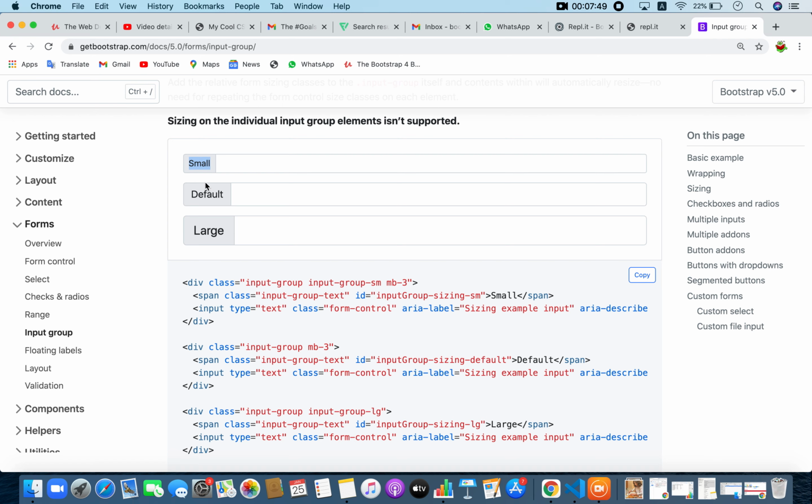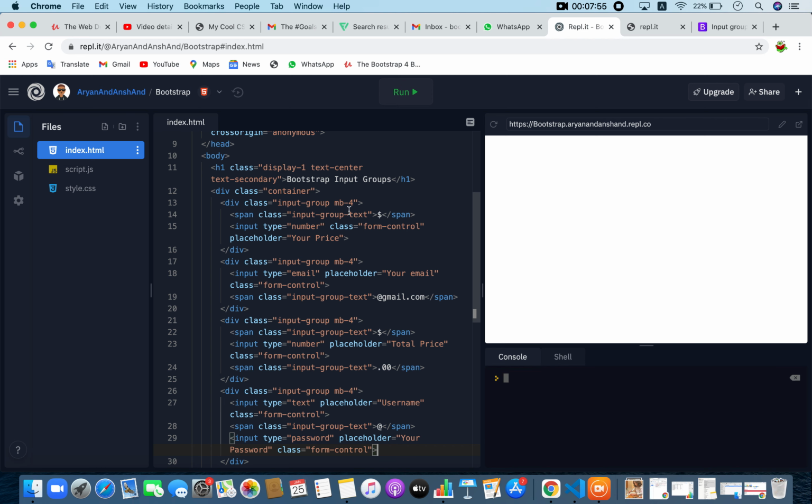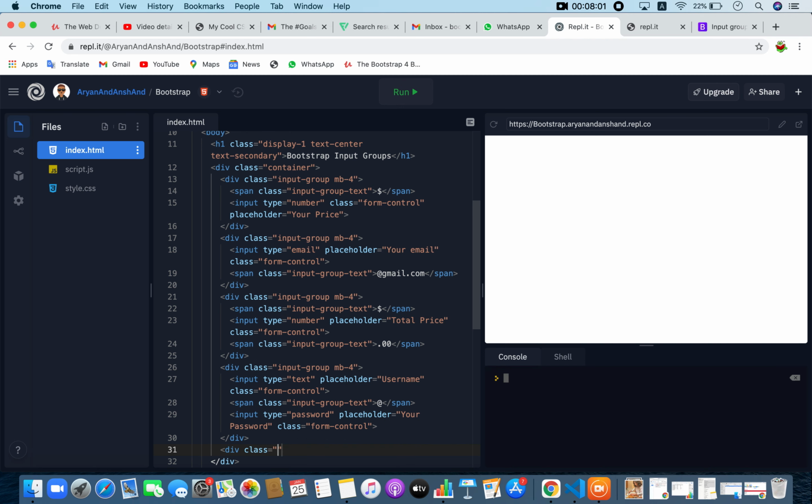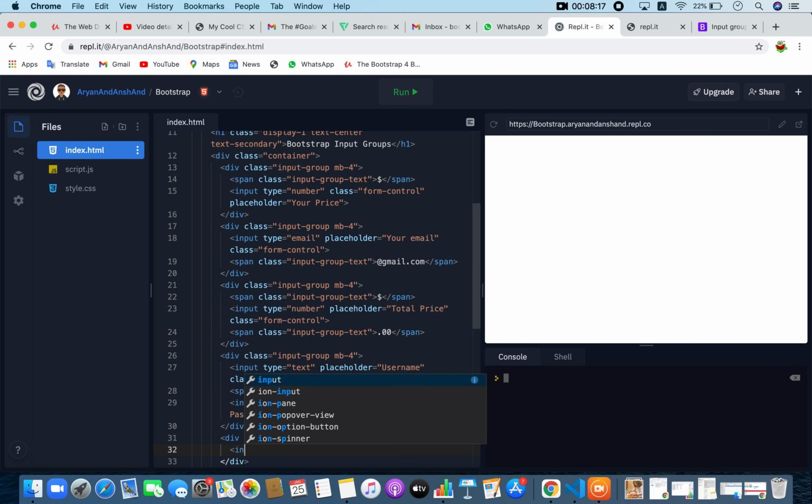Now you can also make them smaller or larger. What you have to do is just give the outer div, so I'll do a div class equals input group, margin bottom 4 and input group LG. Inside that I'll create an input type of, I'll do address. No, there's no address type. I'll just do text.